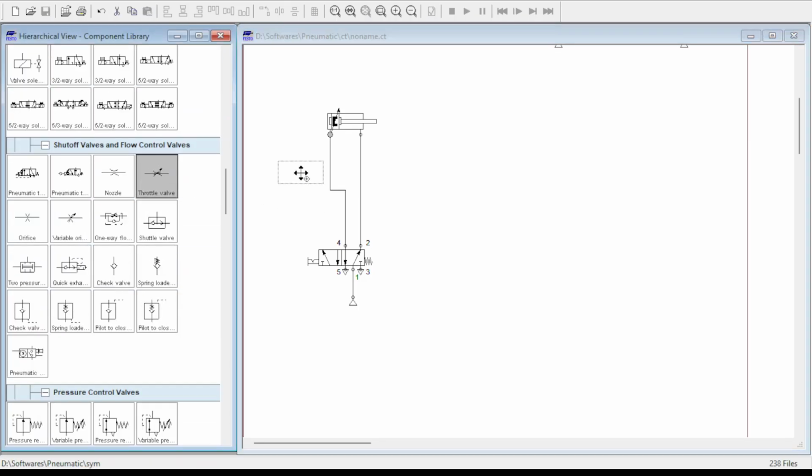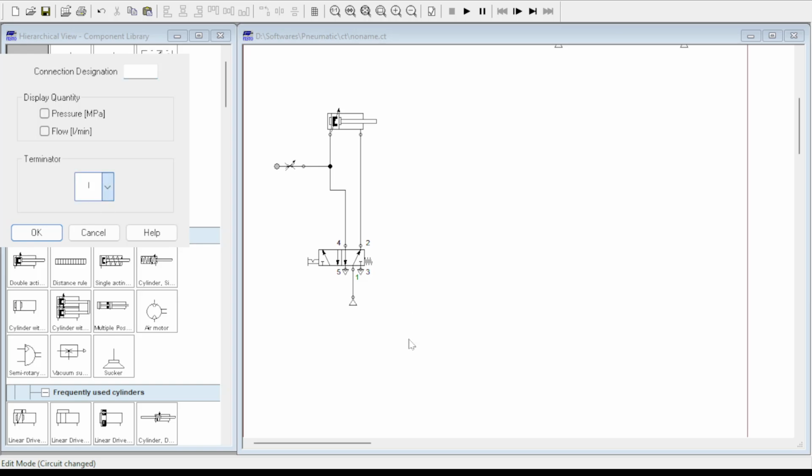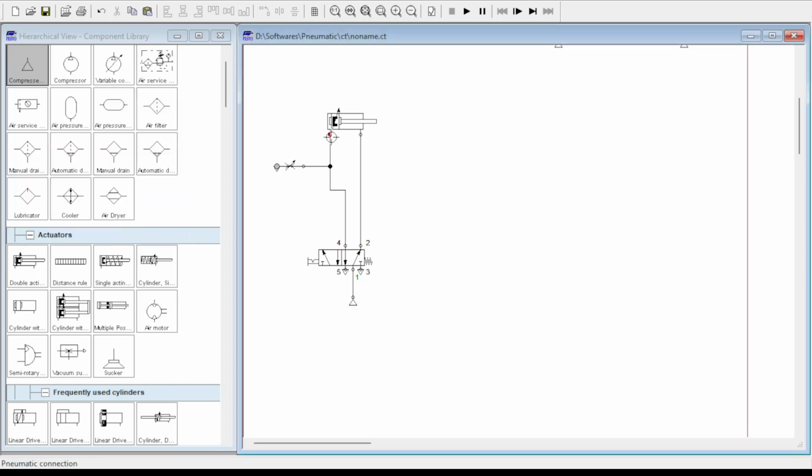You can see I have a throttle valve here, and you can connect it to the point where you want to open up, and this will bleed off a part of the fluid stream into the atmosphere, such that air will escape out of this stream, because the open throttle provides a least resistance path for the fluid to flow compared to the work to be done by the fluid.